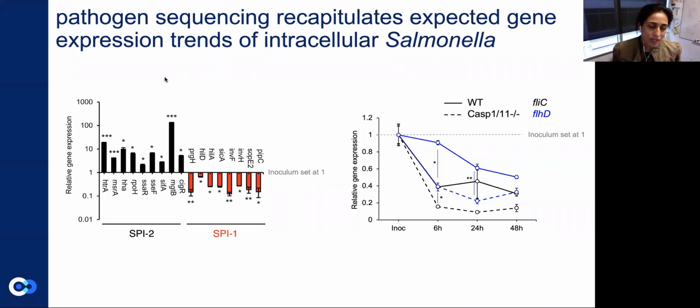So when we sequenced the intracellular Salmonella, we did a differential gene expression analysis between genes expressed in Salmonella present in wild type macrophages compared to just the inoculum, that is the Salmonella that was used to originally infect these macrophages. And then we also did a differential gene expression analysis between the wild type bacteria housed in the wild type and the Caspase-1 knockout macrophages.